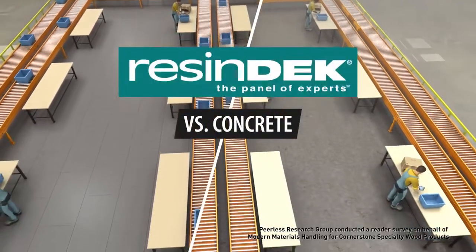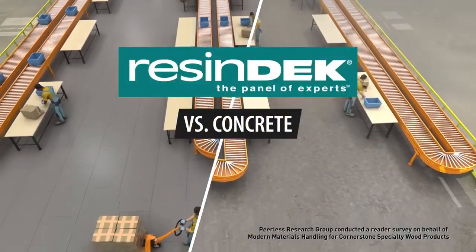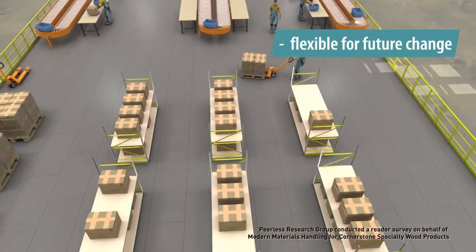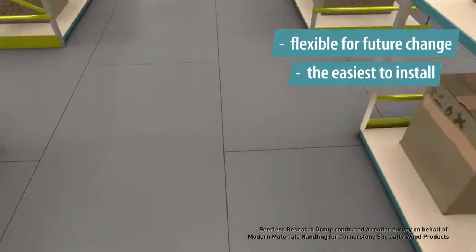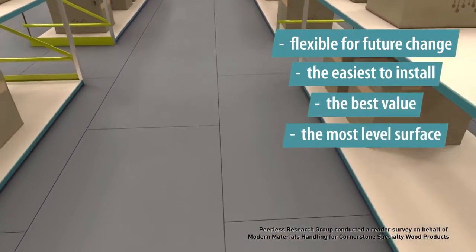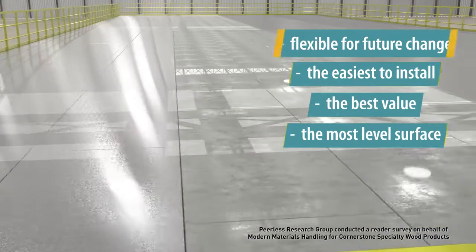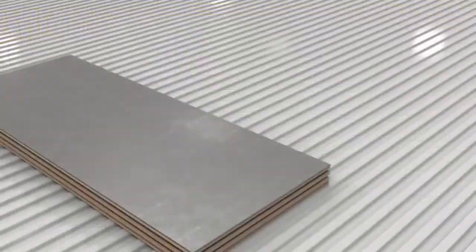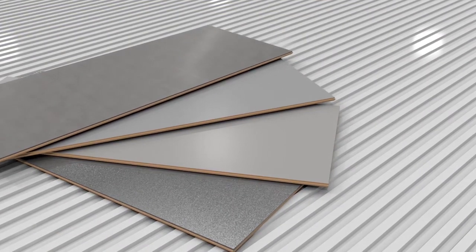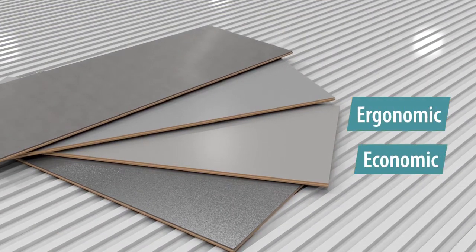A survey of 227 respondents found that composite engineered wood flooring for elevated platforms is the most flexible for future change, the easiest to install, the best value, and the most level surface. Further independent research found that ResinDek composite engineered flooring, manufactured by Cornerstone Specialty Wood Products, provides a more ergonomic, economic,